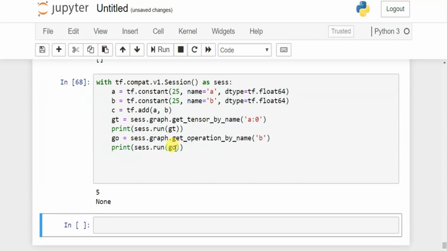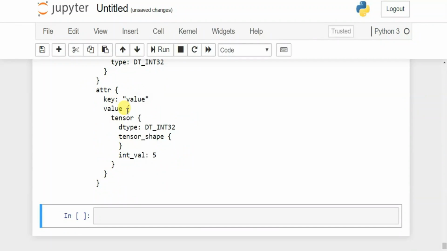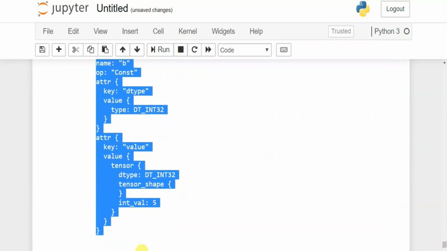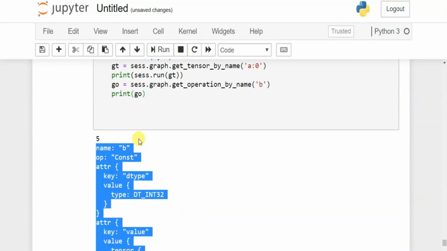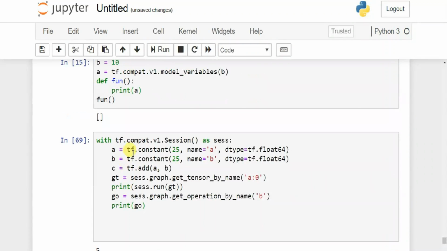We stored the B. So if we print the GO, you can see we got this. So this is already running, so we don't have to store it in the session and run the session. It is already running, that's why we can directly print the GO in here. Okay, now let's create get operation.